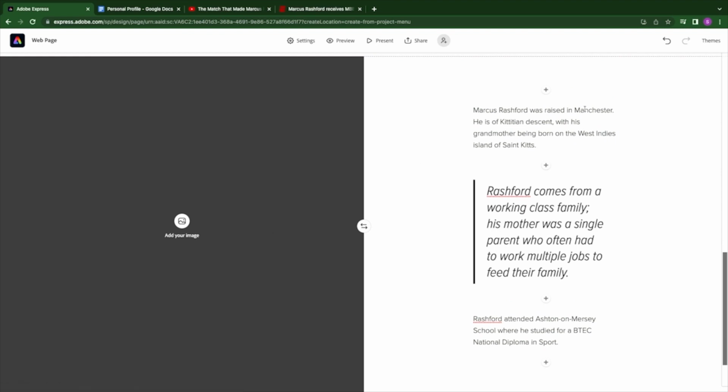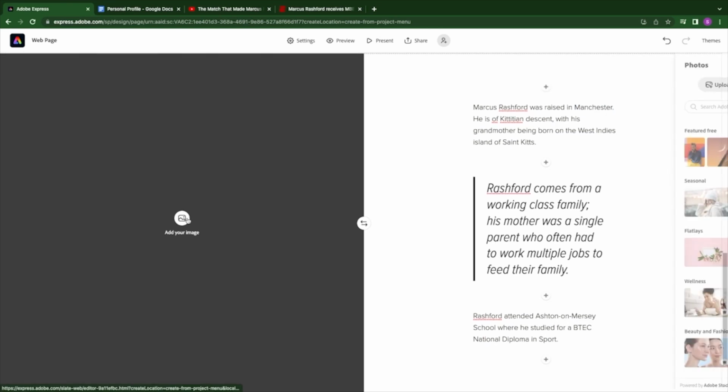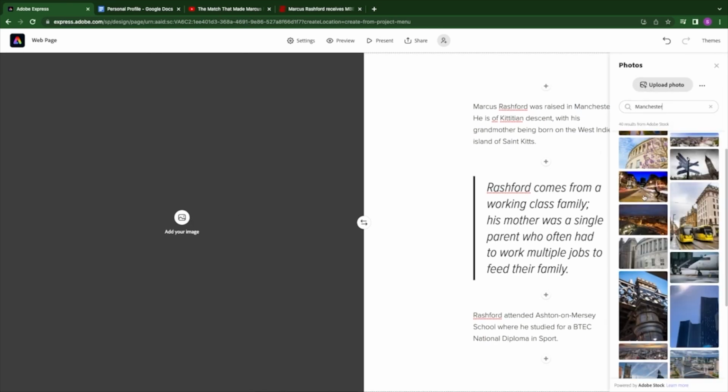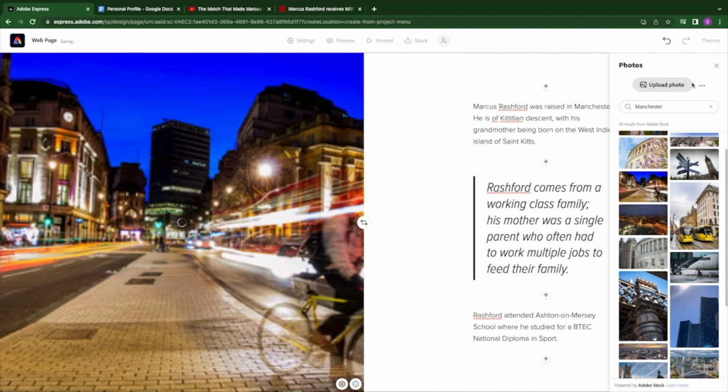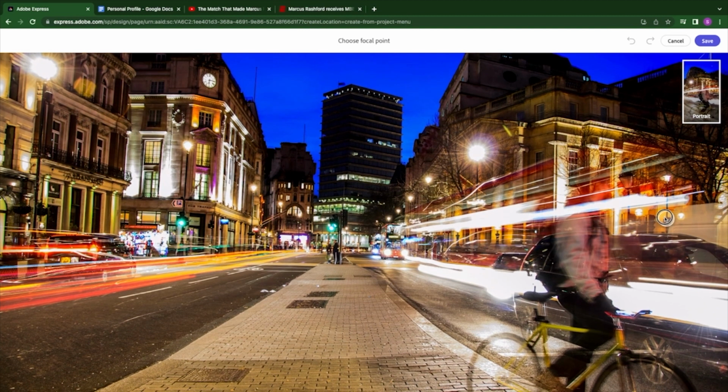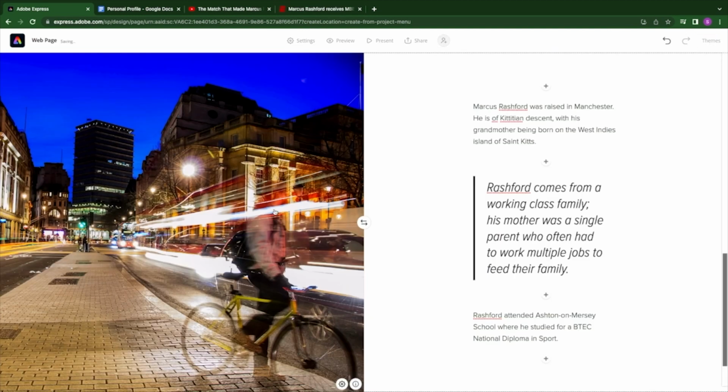So here it says he was born and raised in Manchester. So let's find a picture of Manchester, and let's choose something that seems to be iconic of Manchester. That one looks great to me. Now, if you want to change the focal point to these images, it's a very easy solution to do that. You can just click the photo, go to focal point, and then if you want to focus on the right hand side, maybe where that kind of cyclist is, you can press save, and then it brings that more into